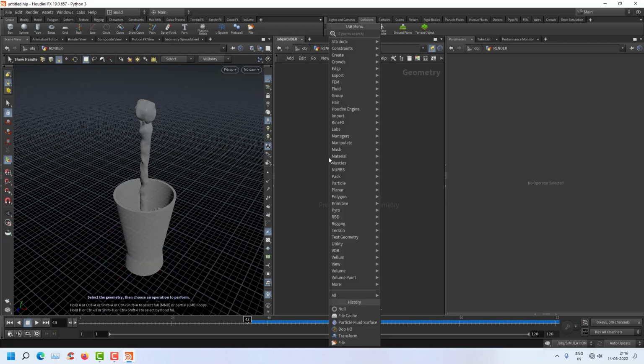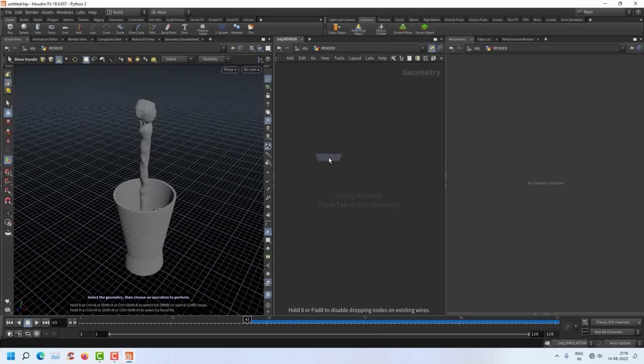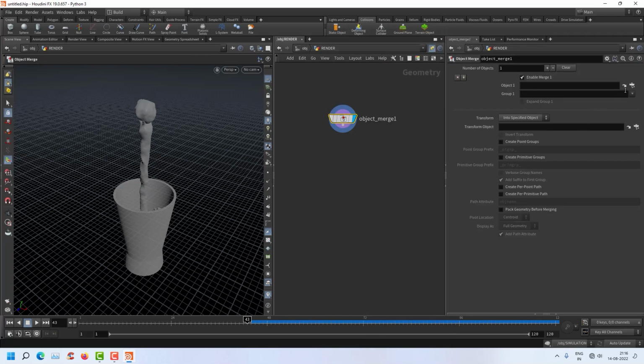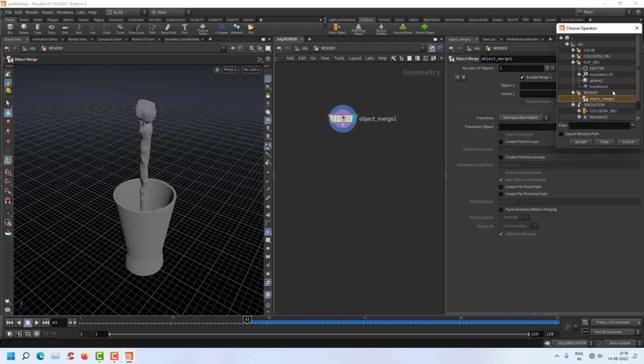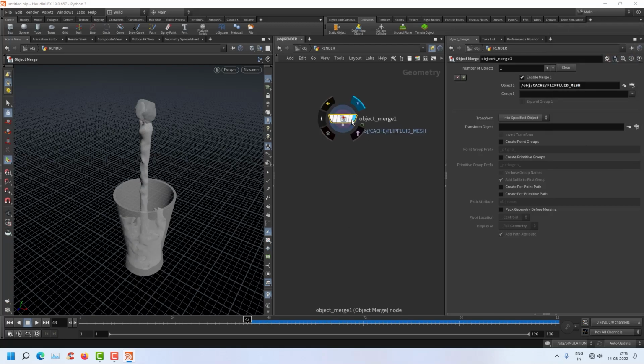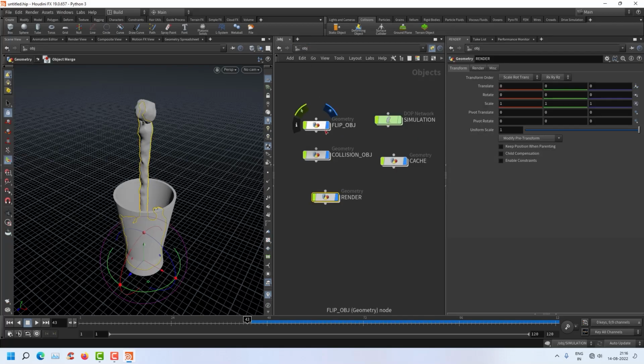Take object merge and select our flip fluid mesh from cache folder. And display flag on from here, and